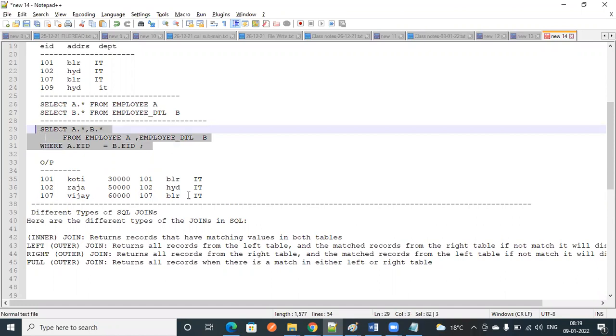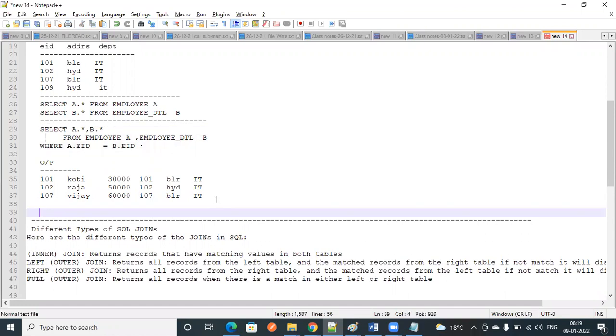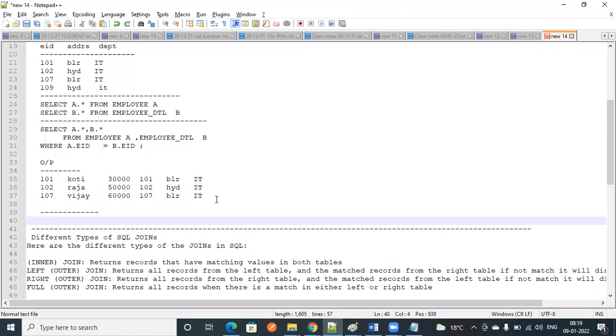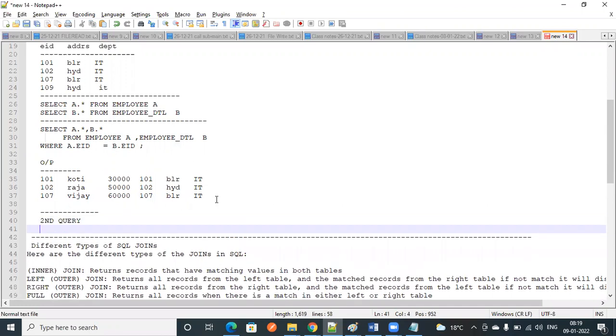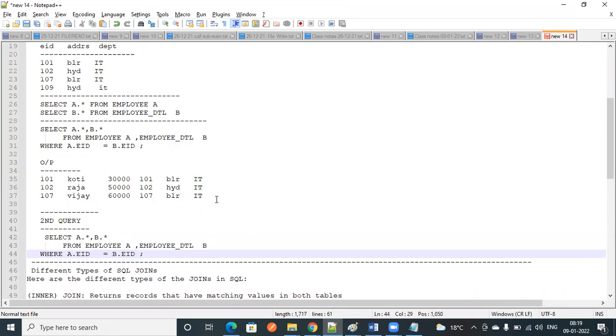There is another way we can write. If you know how to write this second query, it is common for all, like left outer join and right outer join and everything.